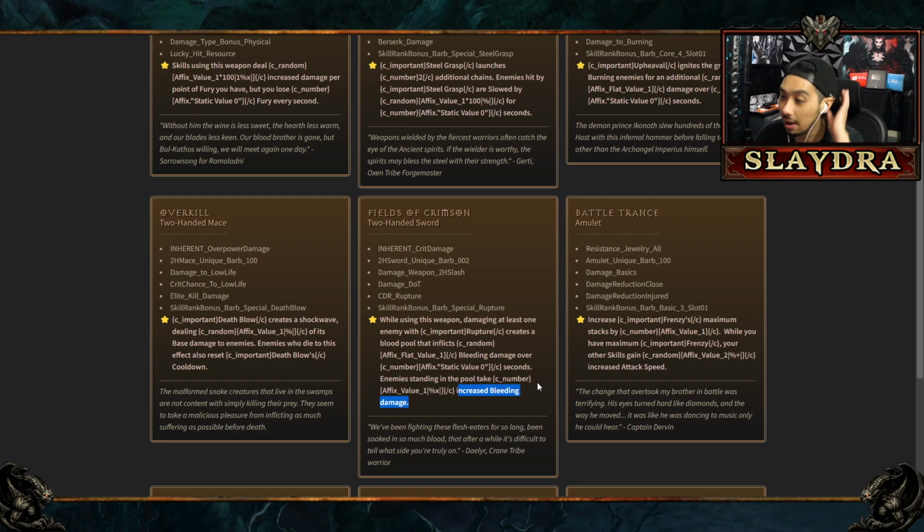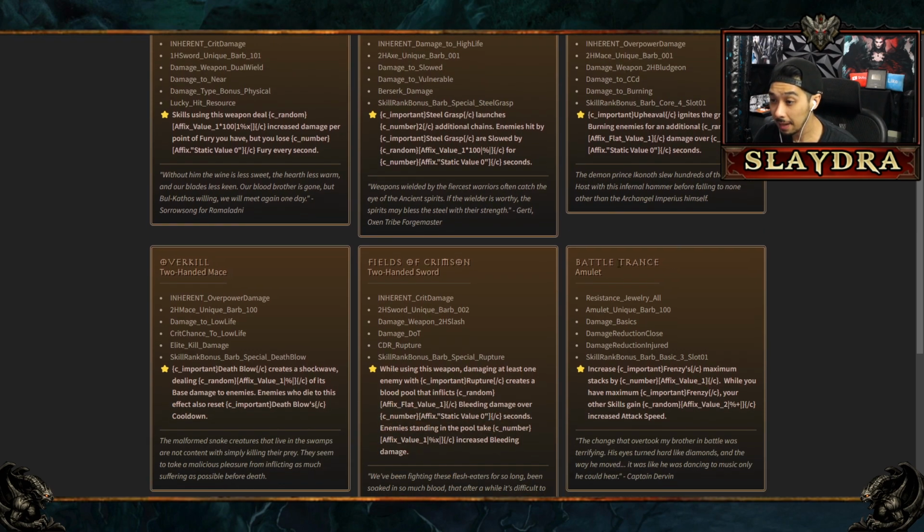Next up, we have the unique amulet. This is called Battle Trance, and it says increase Frenzy's maximum stacks by some sort of value. While you have maximum Frenzy, your other skills grant increased attack speed. Okay, so this could be kind of cool. Like I mentioned before, with any build that wants to run topazes, the Battle Trance could be actually really good as well. Getting you more stacks can give you extra bonuses with Frenzy. Maybe you can make a Frenzy Barb at the end of the day